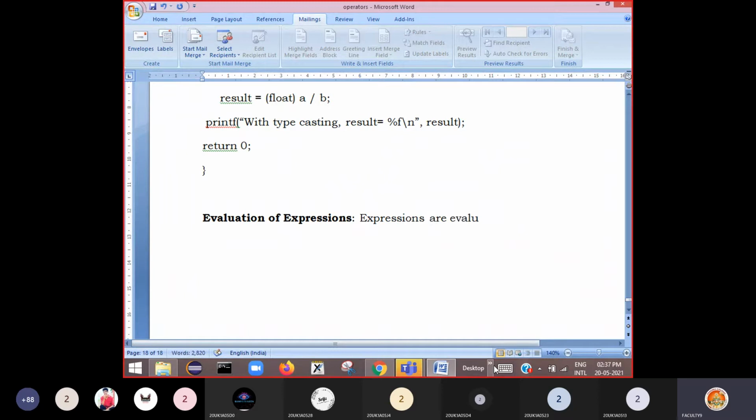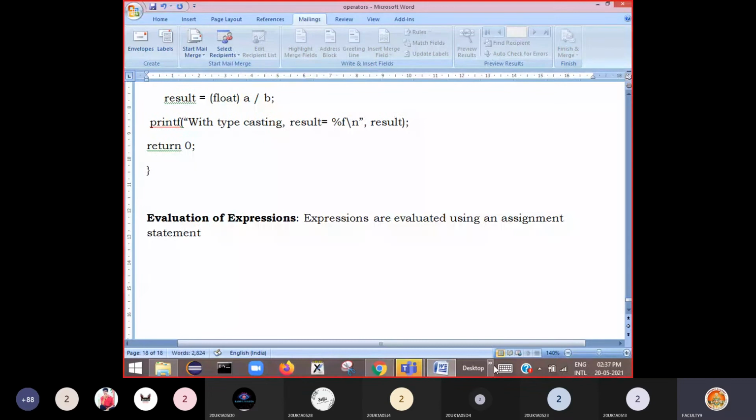Expressions are evaluated by the computer using an assignment statement of the following form: variable equals expression. This is how we write it. What happens here? First the expression is calculated, then the result will be assigned to the variable.